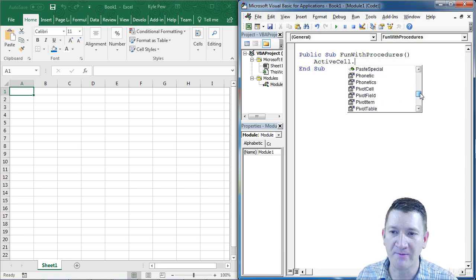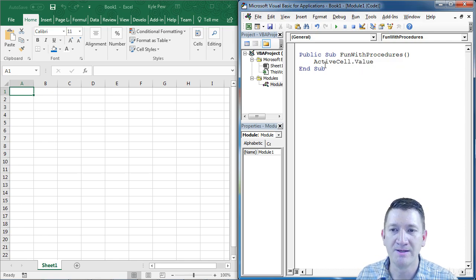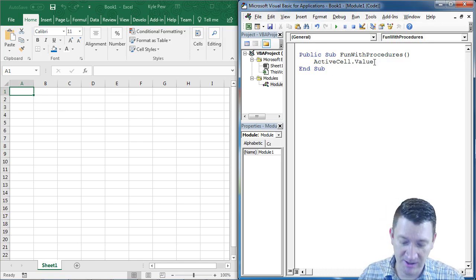So I'm going to come in here. I'm going to find Value. Value. There it is. I'm going to give it a double click. So then I got ActiveCell.Value. So whatever cell's out here, I want its value, or I want to change its value. So I want to change it. So I'm going to say equals